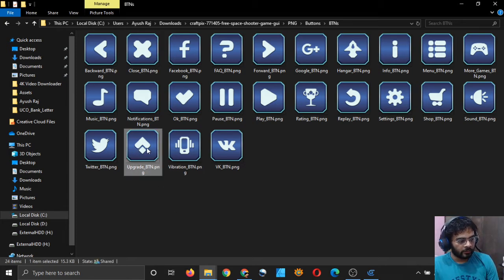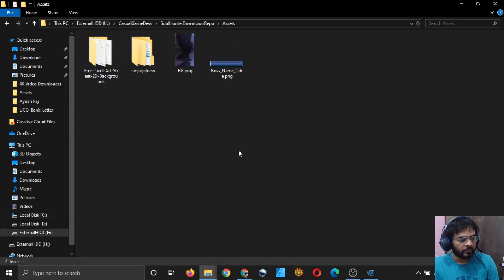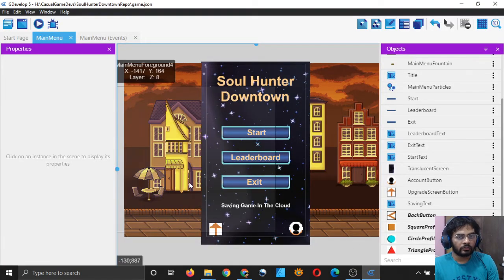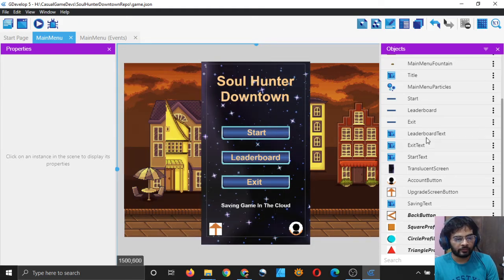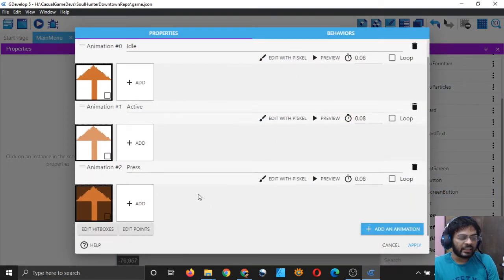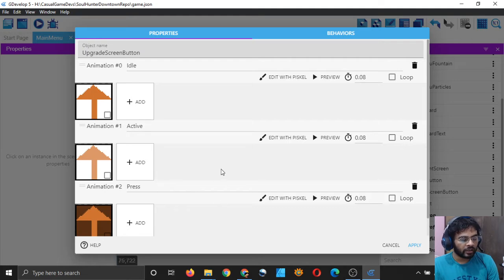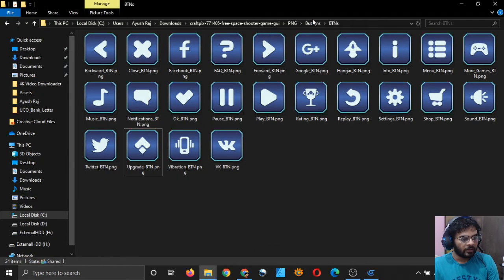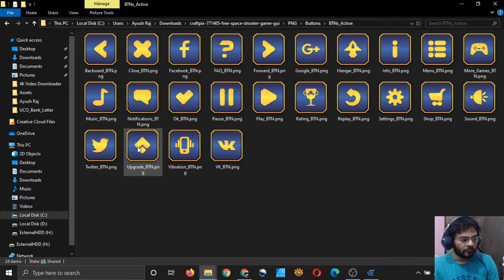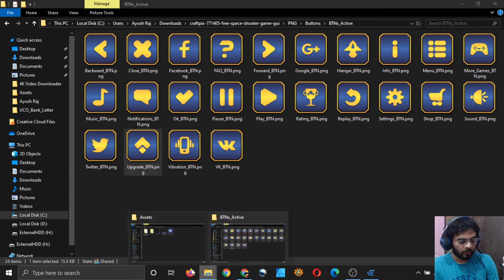So I can simply copy this upgrade button and put it in my assets folder, right? And I will change this upgrade button to that upgrade button which I have just purchased. So this is called upgrade screen button, and don't change any. I have three animations, so I will need three animations, although in my asset folder I only have two animations. I will simply copy both of them here.